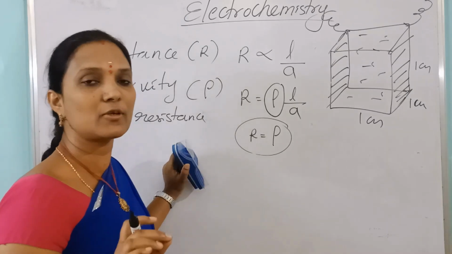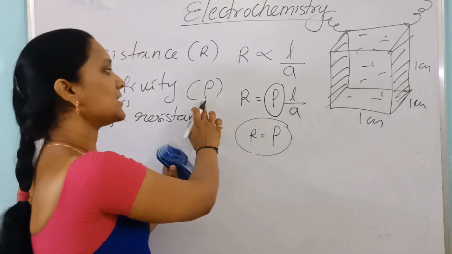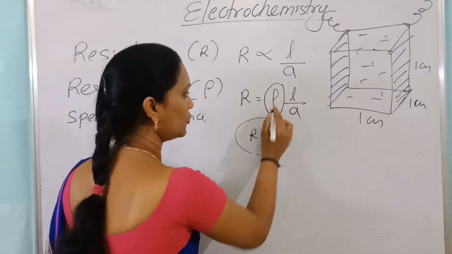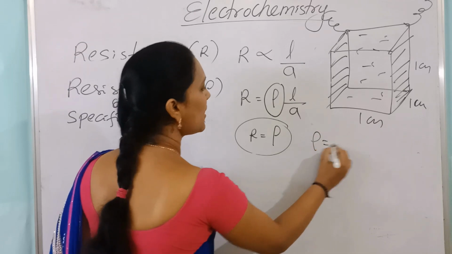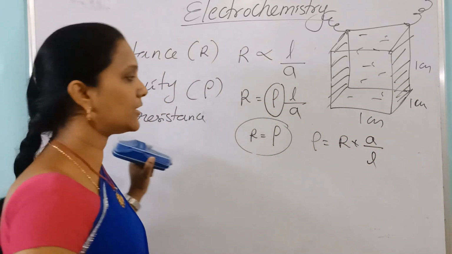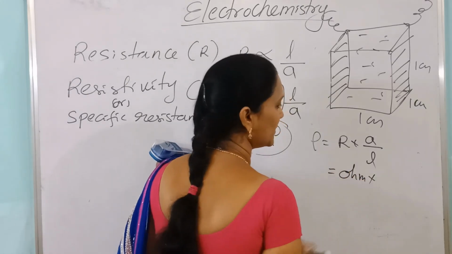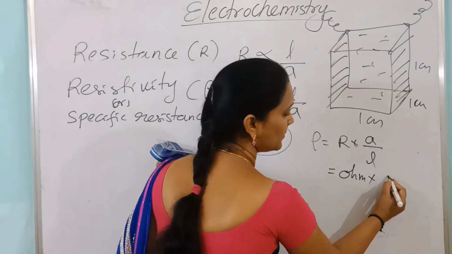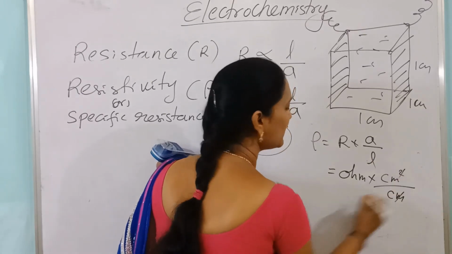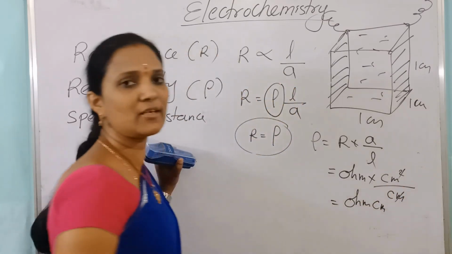In problems we have to observe carefully whether they are asking resistance or resistivity. Now this is resistivity. What are the units of this one? Rho is equal to R into A by L. Yes or no? R into A by L. Resistance units are ohms, A is centimeter square, L is centimeter, so it is ohm centimeter. If both are given in meters, ohm meter.